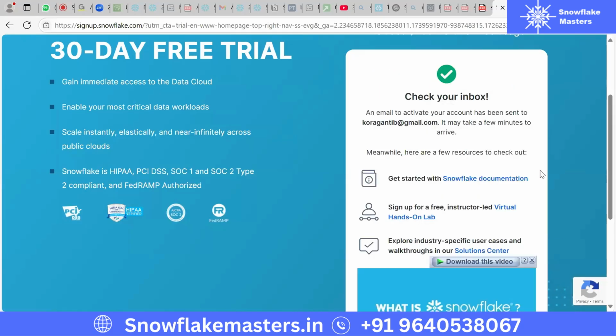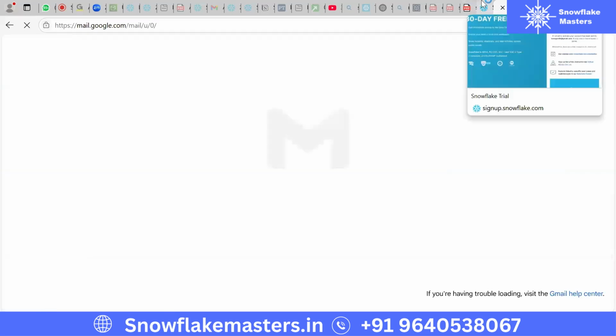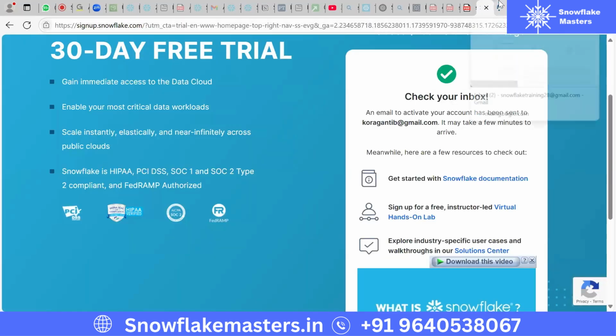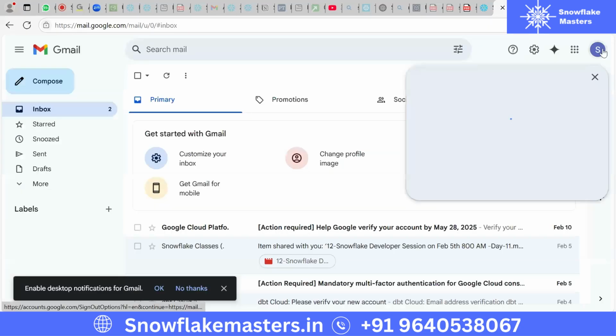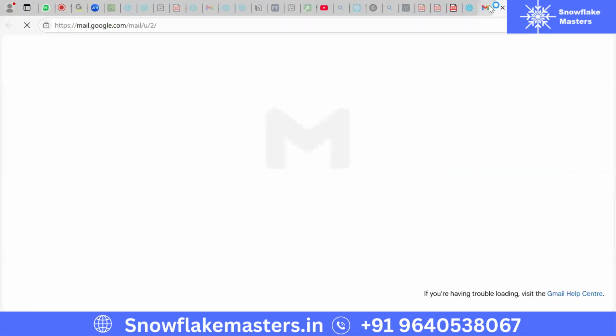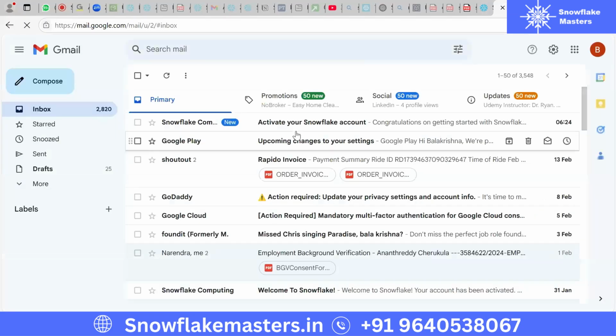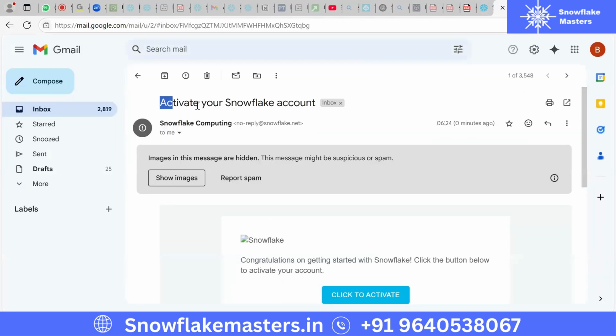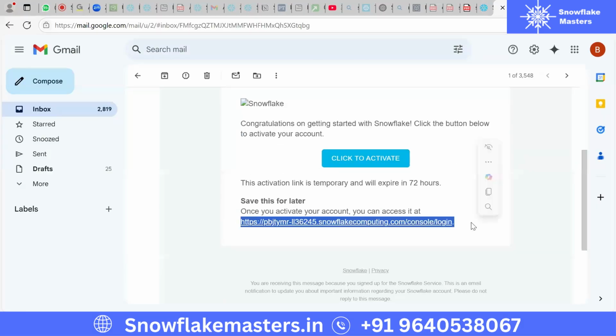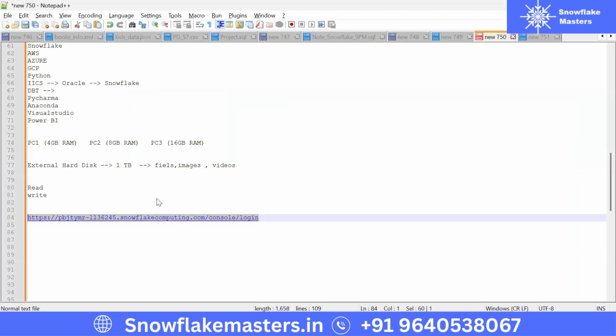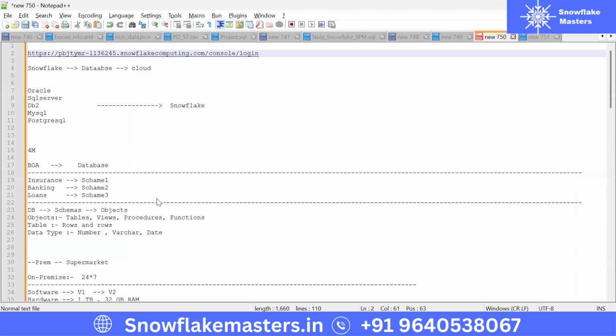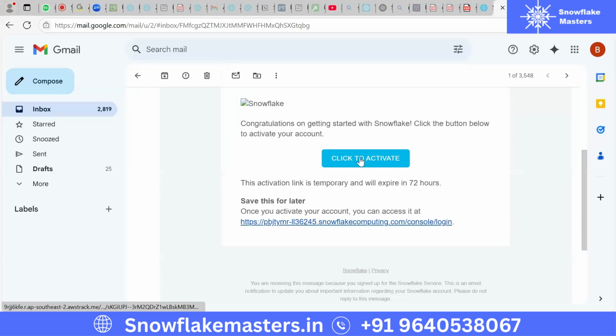Okay. Now you will receive one email. You need to activate that. Let me switch to the email. So can you see the email? Activate your Snowflake account, right? If you scroll down, you'll find one URL. Copy that. This is the URL that you are going to use for the next 30 days. And once you click on activate,